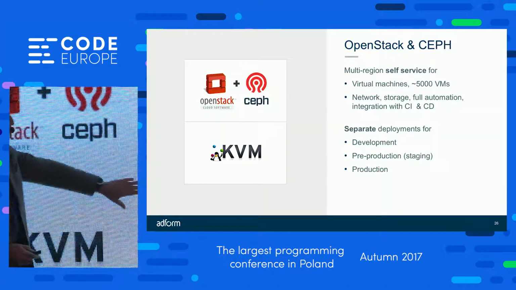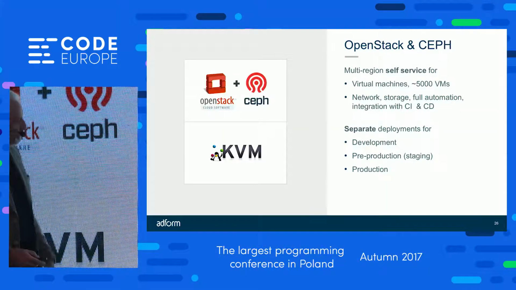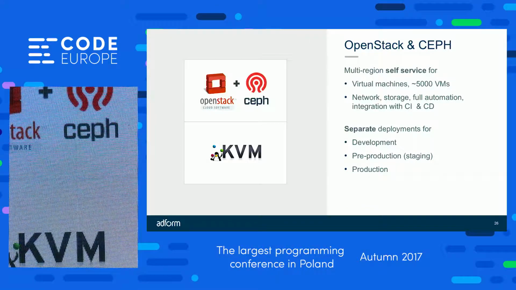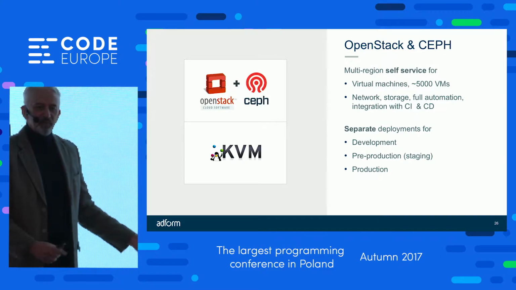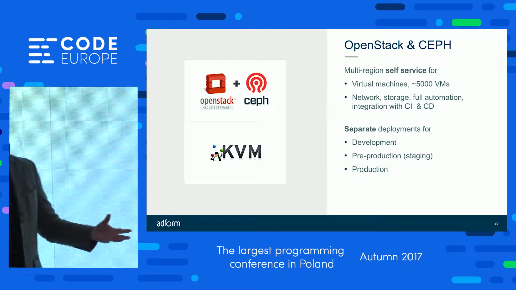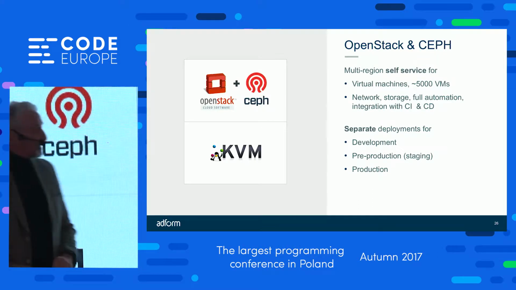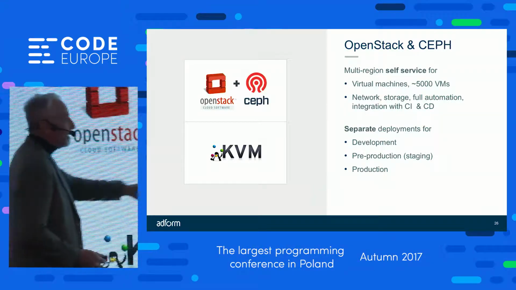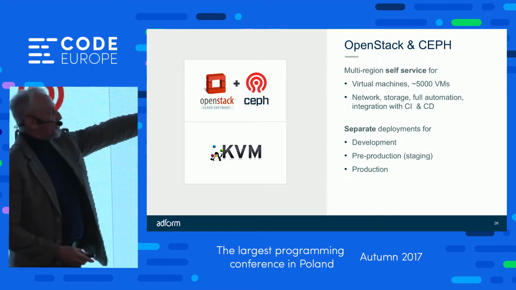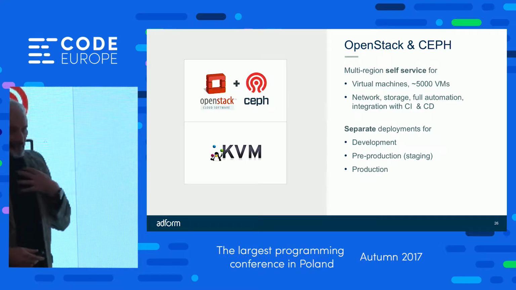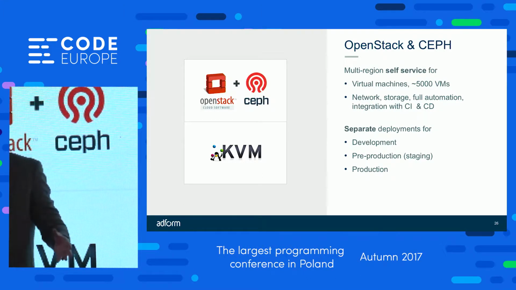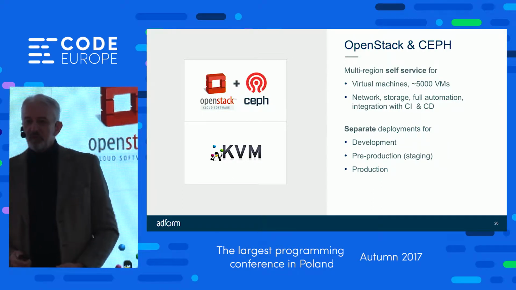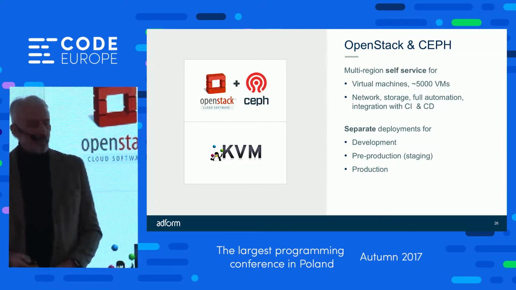We have separate deployments, development, well, pre-production and production. In fact, we have 2 development environments. They're called Dev 1 and Dev 3. I don't know what Dev 2 was, but it's not there anymore, so it's gone. We have a nice self-service implementation so that if I want to spin up a VM to do something, then I can do it within boundaries without having DevOps involved. So if I want to test something, I can spin it up and it works.